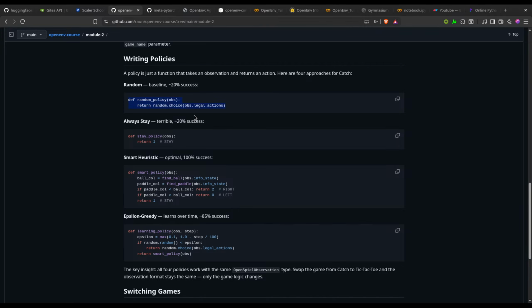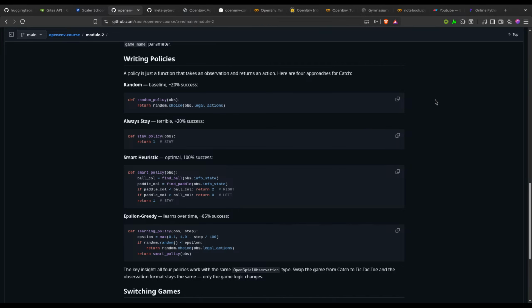First was to choose any random grid from here. They are just trying to tell that this is the baseline, and the success will be 20%, or it might also decrease depending upon how complex the problem is. And then this is the most terrible one. I think the success can be said to be zero also, because if it is not in the right grid, it is not going to do anything.